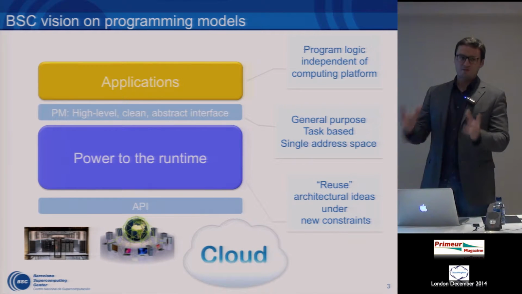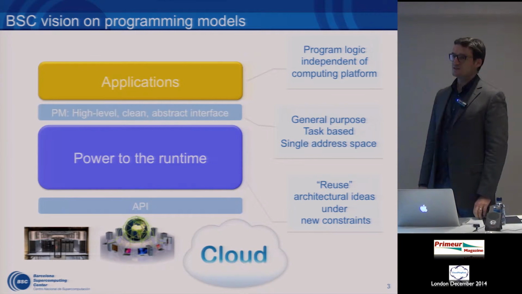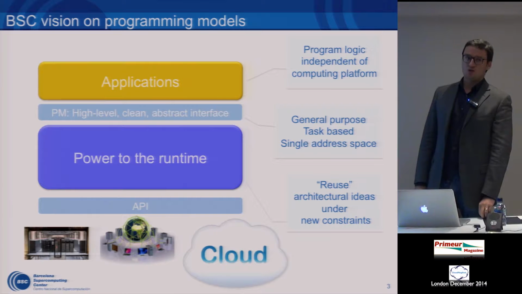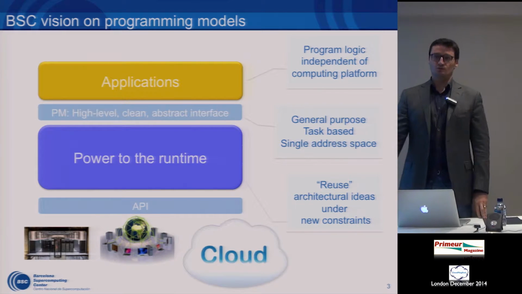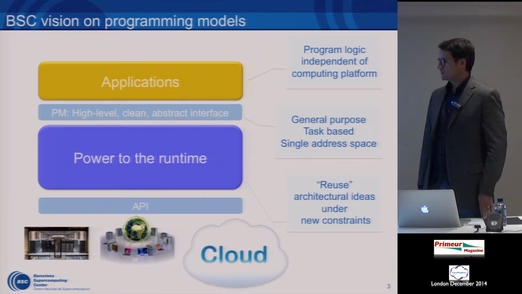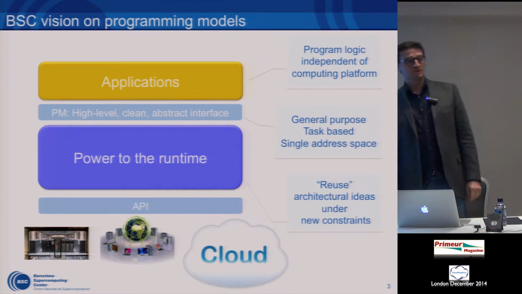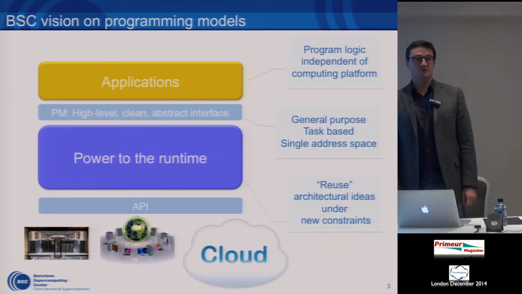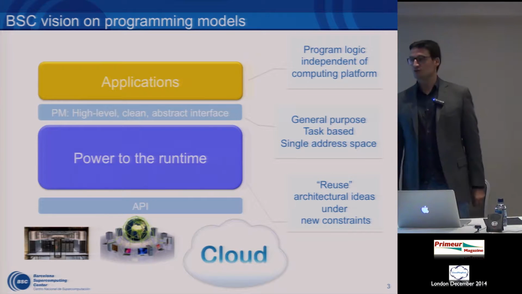COMPSs belongs to a family of programming models that we developed at BSC, and the main idea is to abstract the logic of the application from the underlying infrastructure. So COMPSs superscalar includes a programming model, which is a sequential programming model. The user does not have to deal with any API or any programming language.